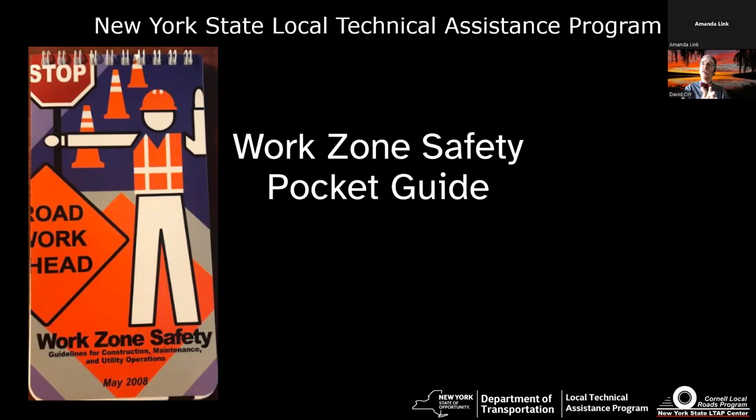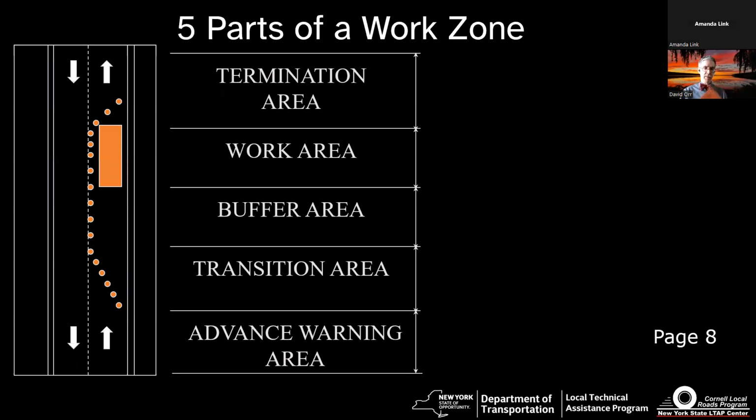And I'll show you a quick way to use that guide to make a very simple, quick traffic control plan. Works like a charm, okay? Now, inside the little pocket guide, you'll see a little thing that talks about the buffer area, the advanced warning area, the 5 parts of a good work zone, okay? It's pretty important to have those 5 parts of the work zone, and they each have their portion. So let's talk about those 5 parts of a work zone and why they're important.